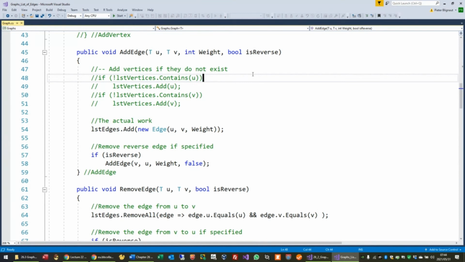Bloemfontein to Tabanshu, Tabanshu to Bloemfontein, that is two different edges. If you wanted to make it easier for your class user and not duplicate work, you can have a parameter in your add method, line 45 at the end, which says, yes, there's a reverse possible as well. So then the class user just specifies when he creates the class,